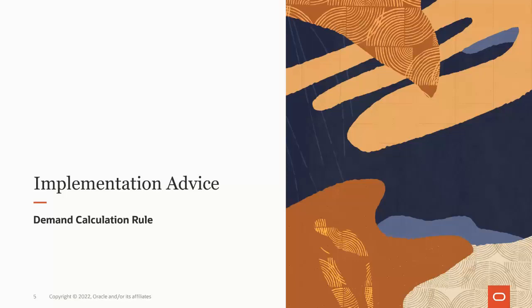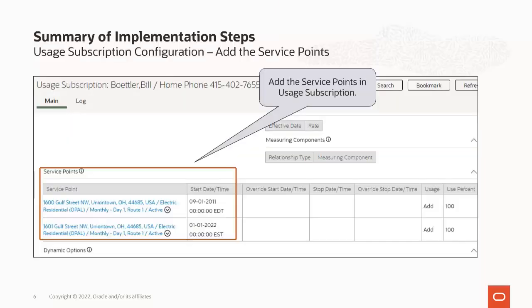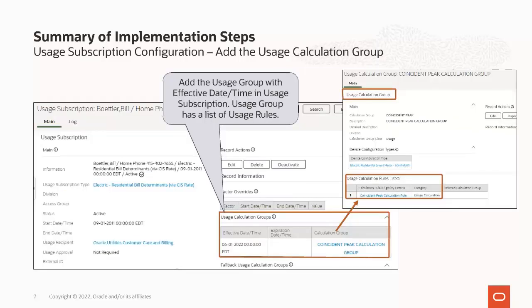In this implementation advice section, we will go through what you need to consider before enabling this feature in your business and what you need to know to set it up. There are a few steps, but they are really simple. Customers who have multiple service points billed together under the same usage subscription, you add all those service points to the usage subscription. You have to assign the newly added usage calculation rule, for example, coincident peak rule, to the usage subscription through